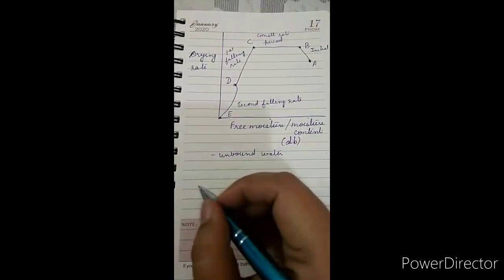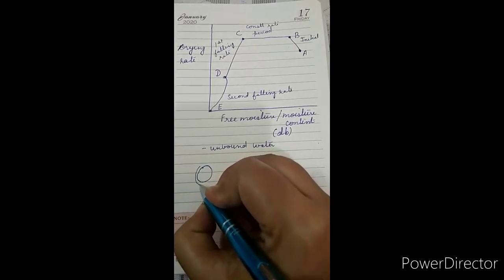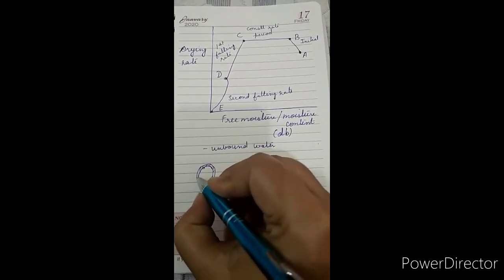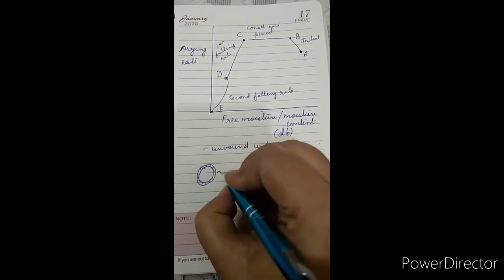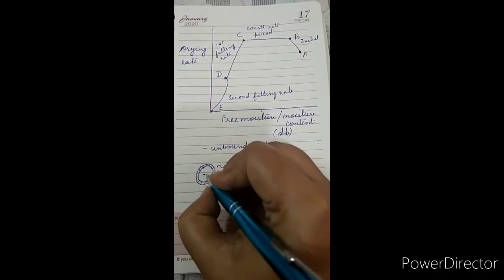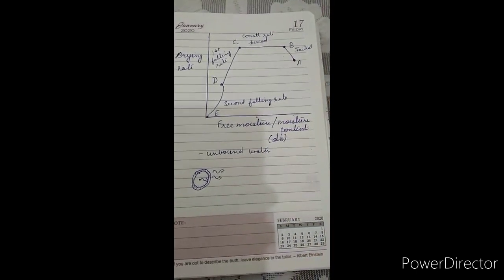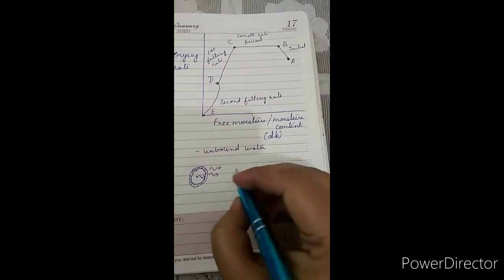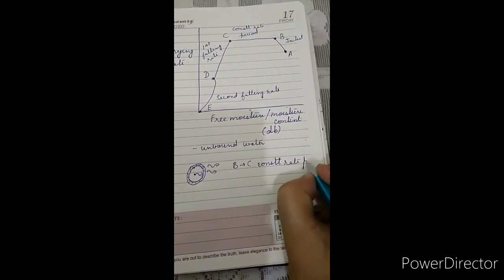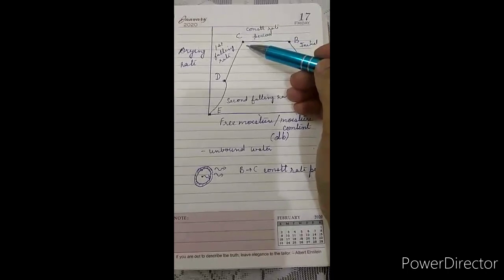During point B to C, if this is a food product, it behaves as if there is a layer of water on the surface, and hence there is continuous evaporation from the surface, and continuously water from the center is coming to the surface. This is during the constant rate period, which is B to C. Next comes the falling rate period, which is